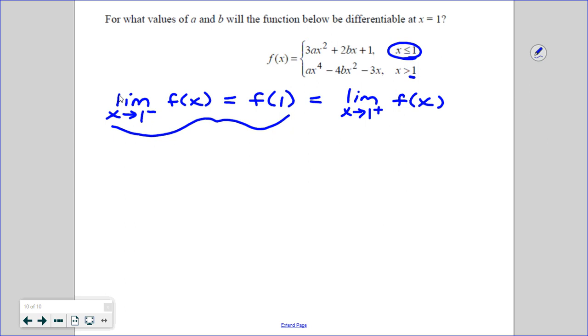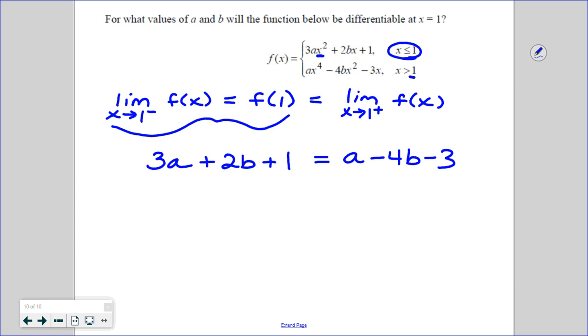So if we do that, we would end up with 3a, because 1 squared is 1, plus 2b plus 1 is going to equal a minus 4b minus 3. And again, I'm replacing all the x's with 1. All right, then I think I would put this in an easier form to deal with. I can tell you guys we're going to end up with a system of equations. So I think what I would do is